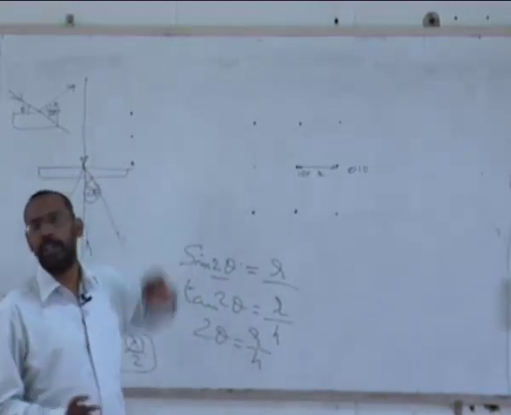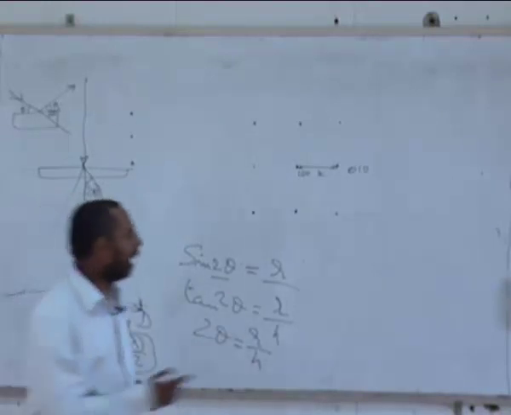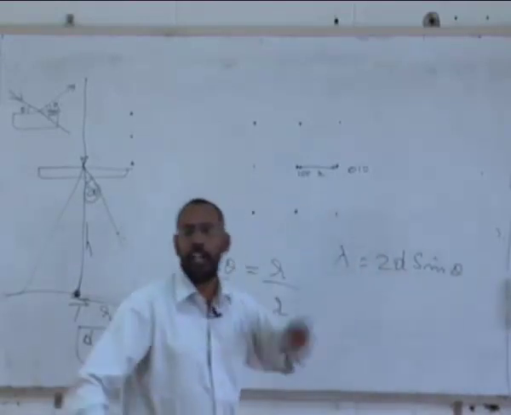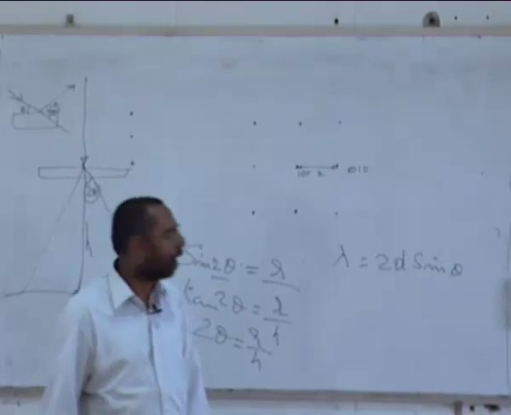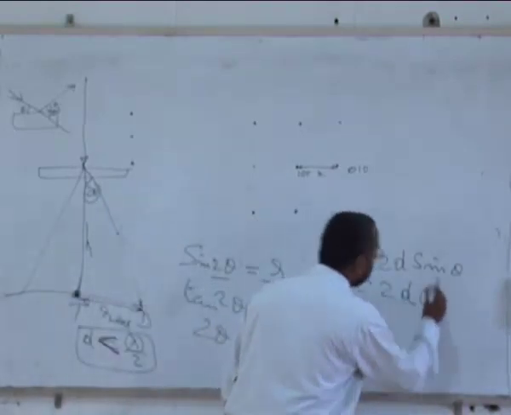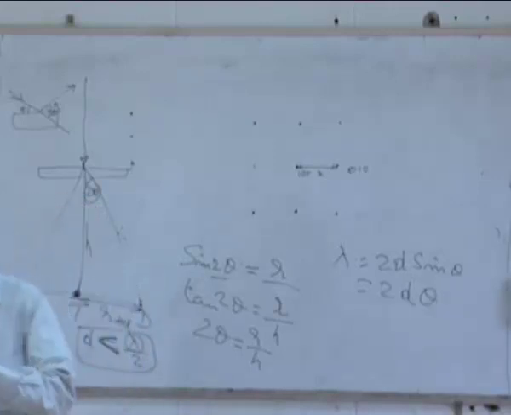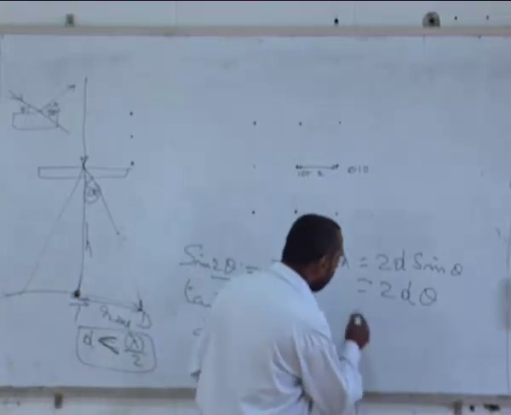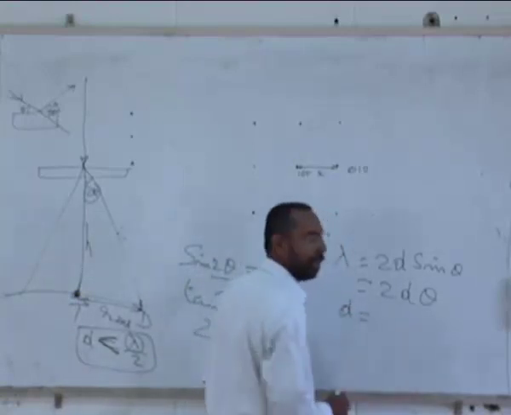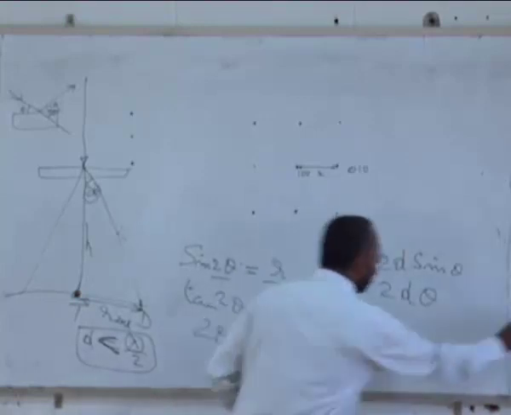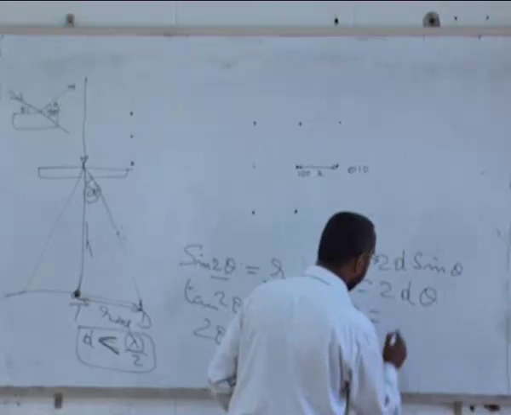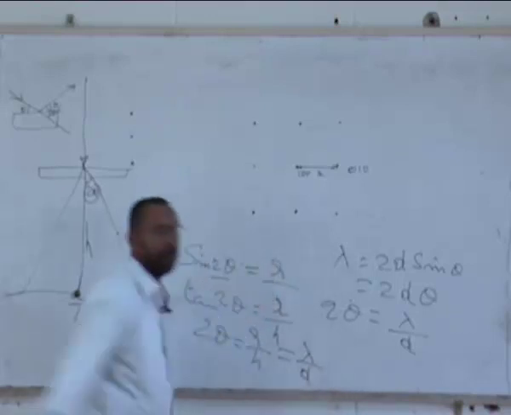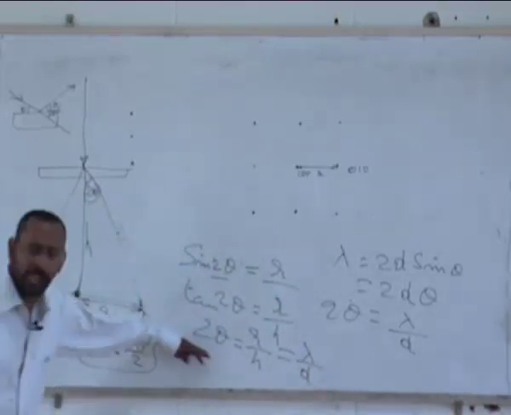And now if I go back to X-ray diffraction and say lambda equal to 2d sin theta, there also theta in electron microscope, electron diffraction is very small. So I can simply call it as 2d theta. Of course, these are all approximations, please remember. With these approximations, I can say that 2 theta is lambda by d. So here I can write this as lambda by d, because this is also 2 theta.